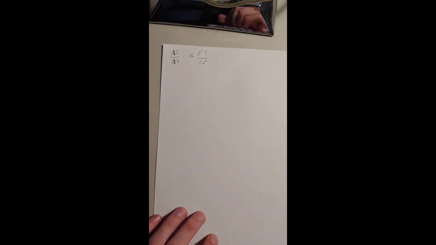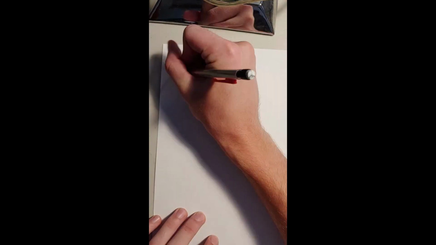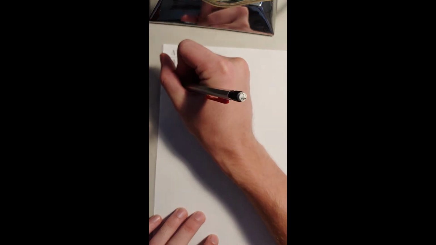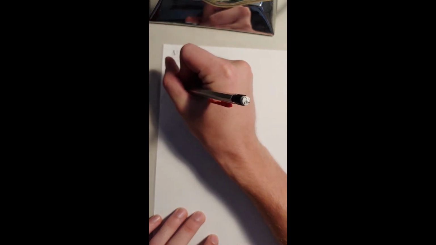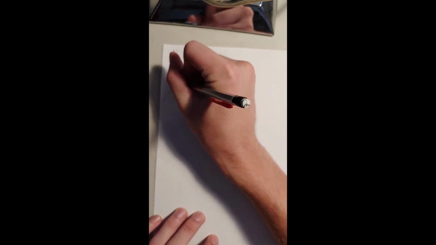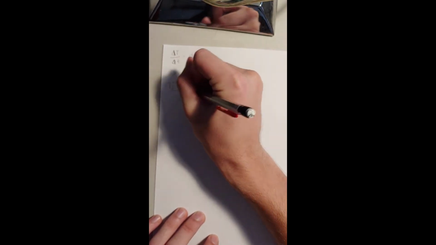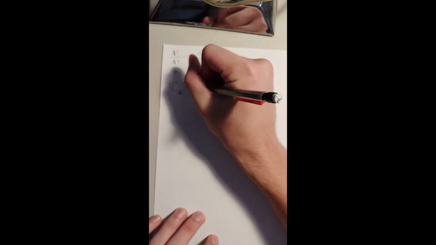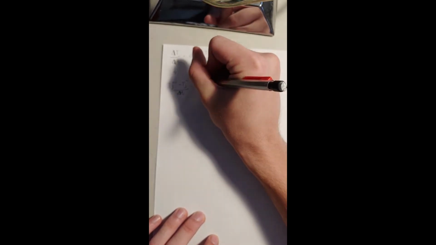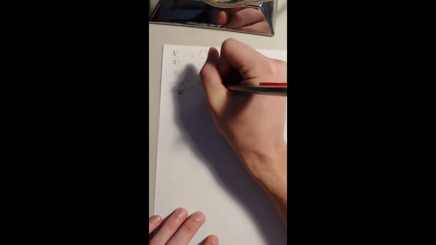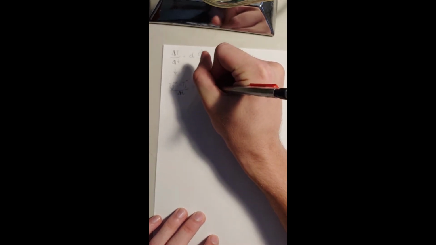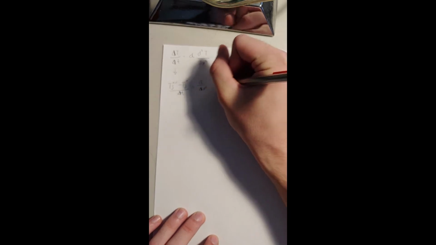Okay, so we can rewrite this side as T_j^(n+1) minus T_j^n over the change in time. And then this side becomes alpha over the change in x squared